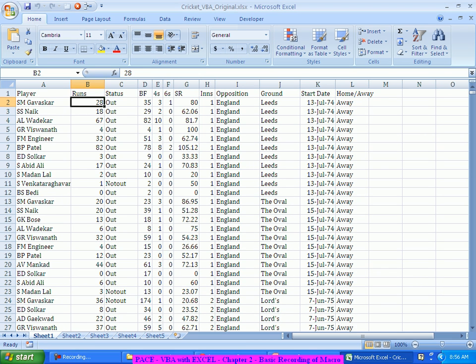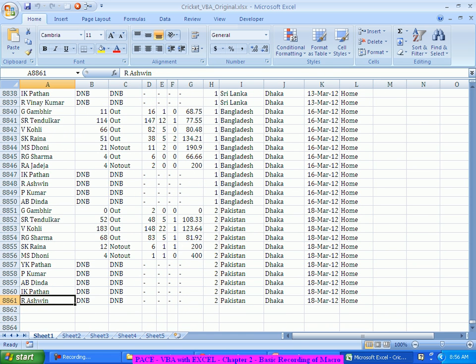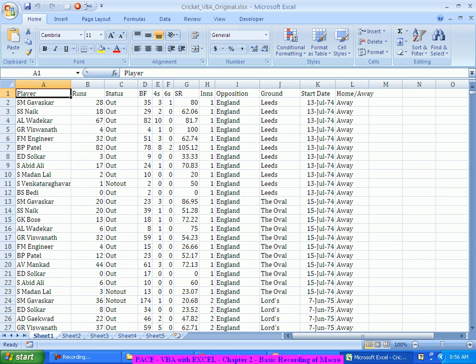Okay, let's say I want to do a few tasks on this data. This data is very simple. Right from 1974, when India started playing its one-day international matches, till today, whatever the matches have happened, it's data containing match by match, player by player scores over the past so many international matches. Now, on this data, I want to do a lot of analysis, right?